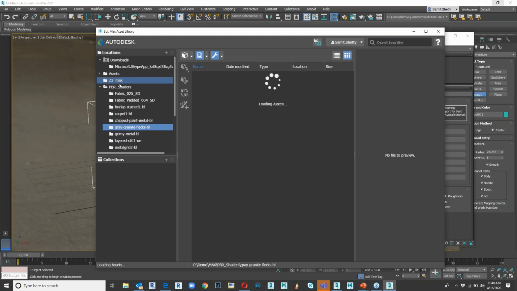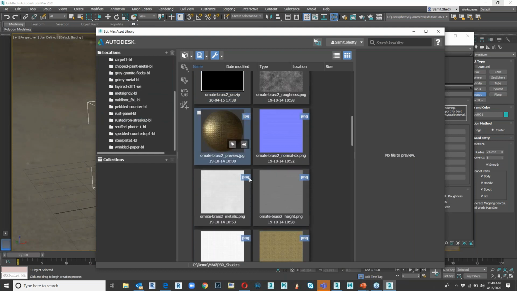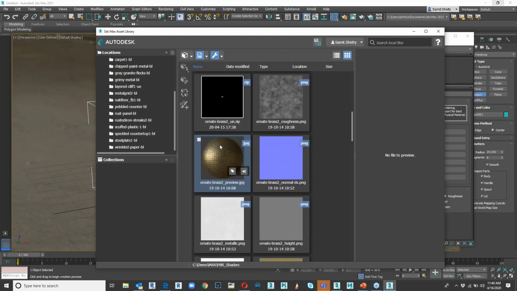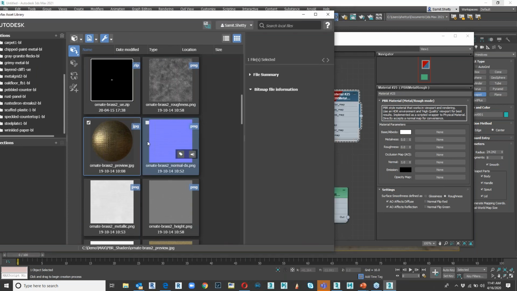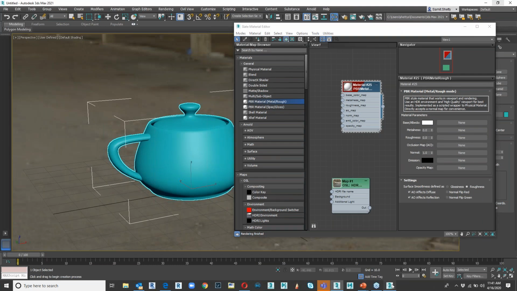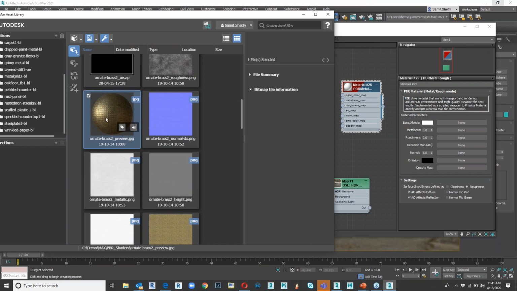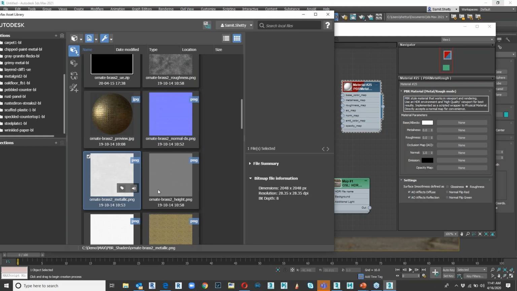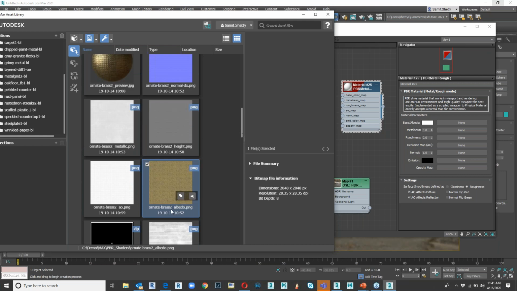So what I'm going to do is I just have some PBR shaders which I was very excited about outside, like this one. So when I just zoom in and show you, this is basically a bitmap file extension. So let's create a metallic one for this. When I click on my content browser, for this ornate brass, I have its normal map, I have its metallic map, I have its height map, I have its albedo, which is the basic color, and I have its